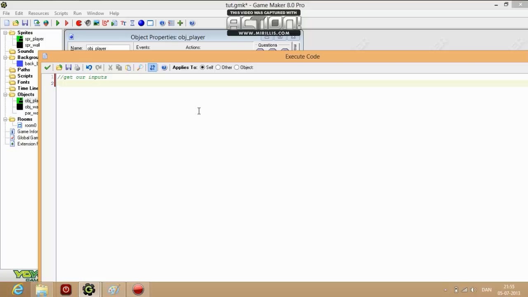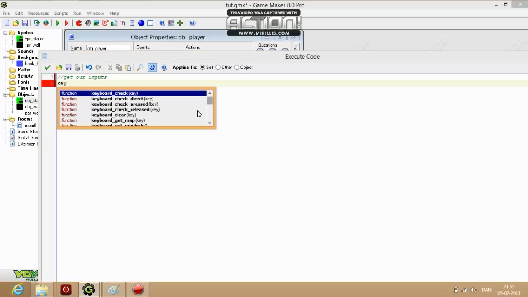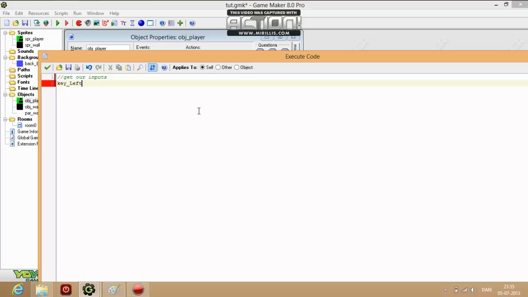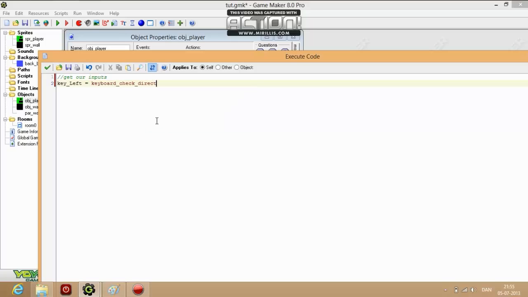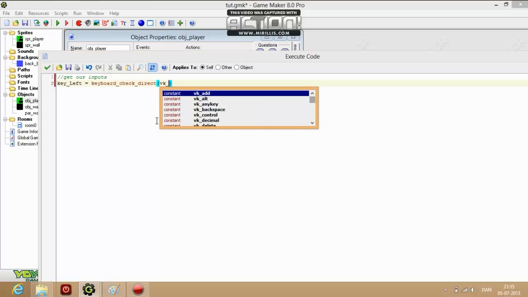So the first key we'll need is key underscore, I just call it left, and that is equal to keyboard check direct, and then you can see there's a whole list. And in here you're gonna press VK underscore